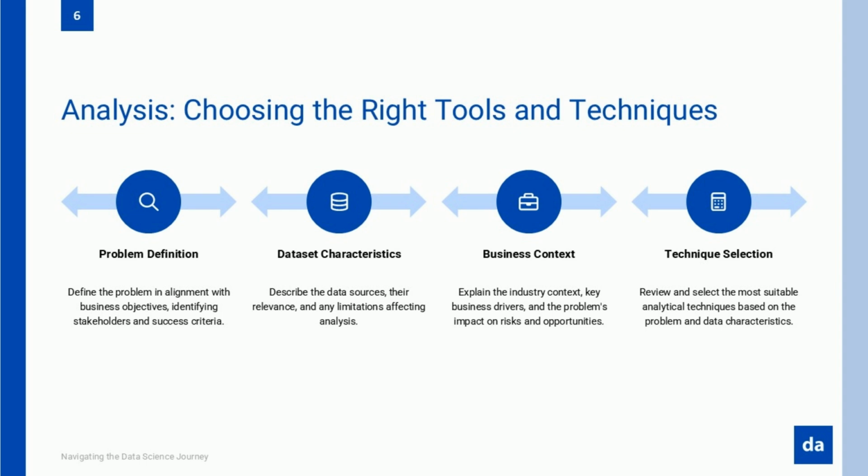The practical application of analytical decision-making extends beyond technique selection to implementation details. For example, when using regression analysis to predict housing prices, you might need to decide between linear regression, polynomial regression, or more advanced approaches like gradient boosting. This secondary level of analytical decision-making requires both technical knowledge and practical judgment.